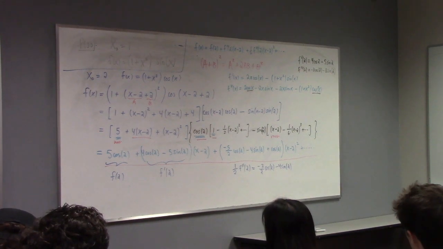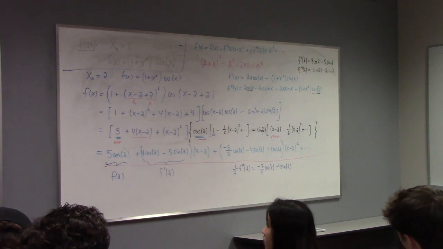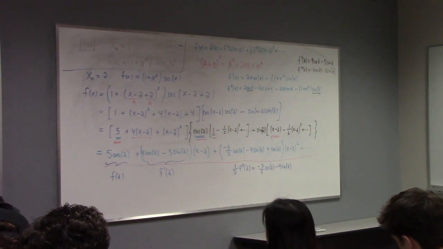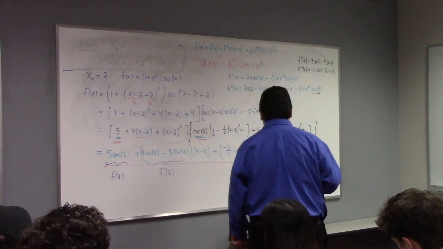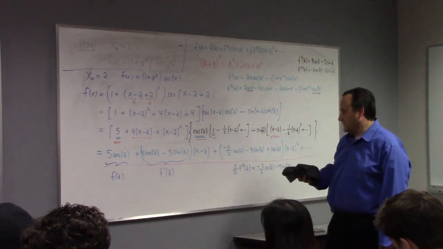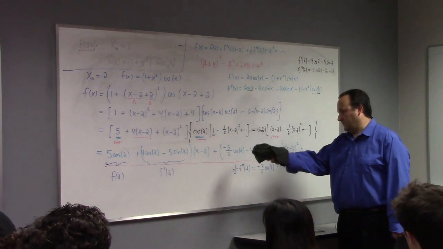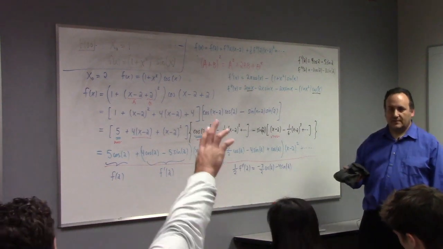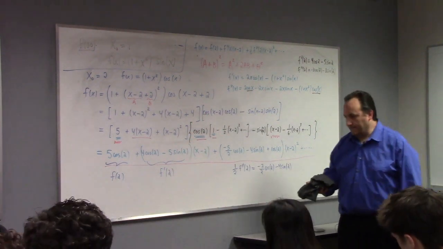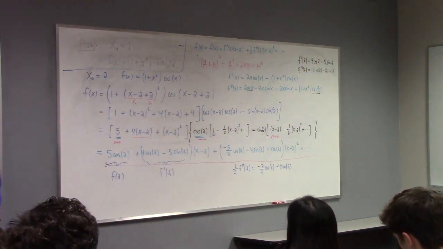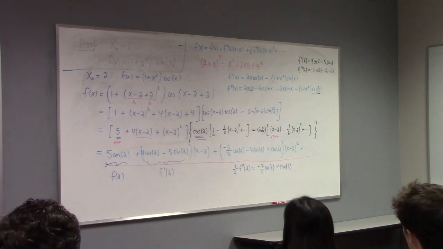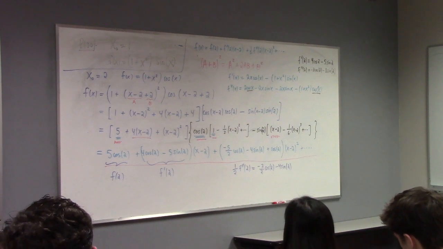What are trivial terms in this case? What would trivial be? Trivial means zero. So non-trivial terms means non-zero terms. And so these are the first three non-zero terms. In the way that you did it, without Taylor's theorem, how would you determine what to put in the 4 cosine 2 minus 5 sine 2? How would you determine what to put?